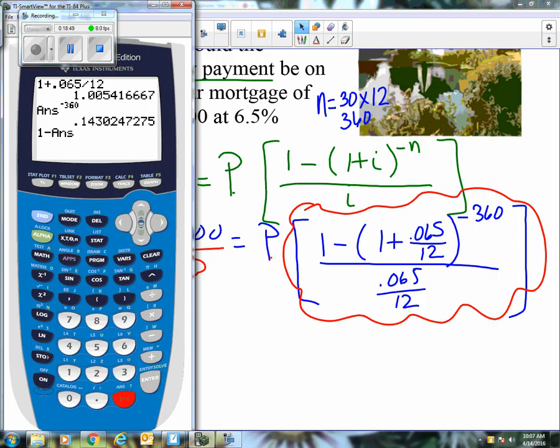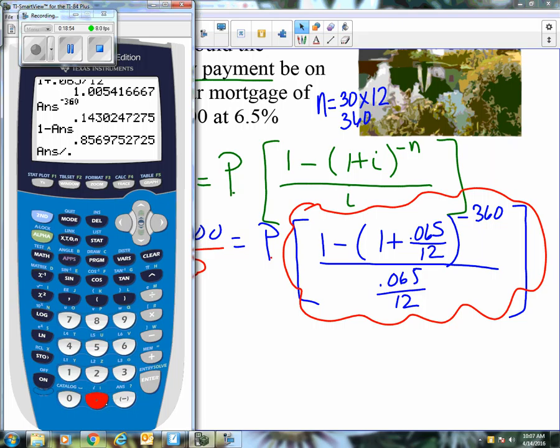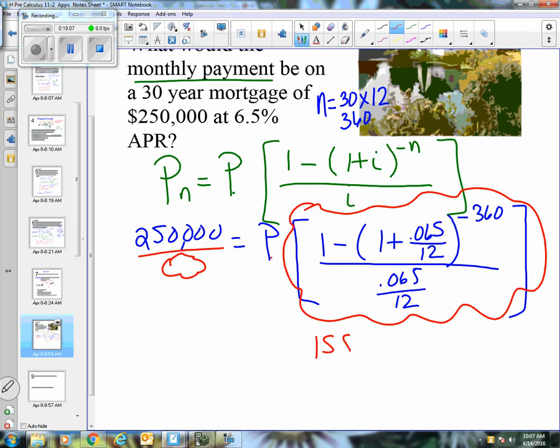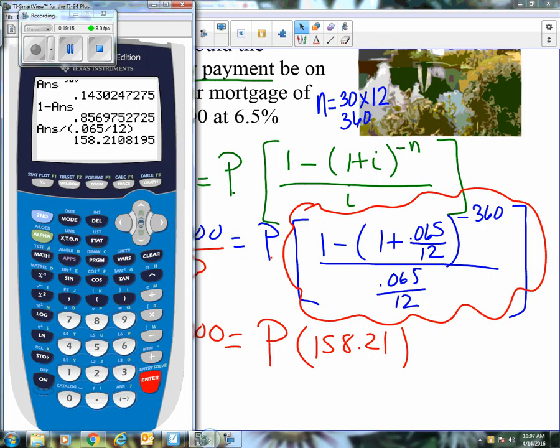Don't round, make sure you get all the digits, so either copy or use your answer function. And then divided by... oops, I almost did what I didn't want you to do. Make sure you use parentheses there. You're dividing by the whole denominator, so 0.065 divided by 12. Use parentheses down there. You should come up with this. Just for writing it down purposes, I'm going to round, but don't round when you do your actual calculation. You want to make sure you have all of the digits, so use the complete number when you do that division. So 250,000 divided by my answer would give me a payment of